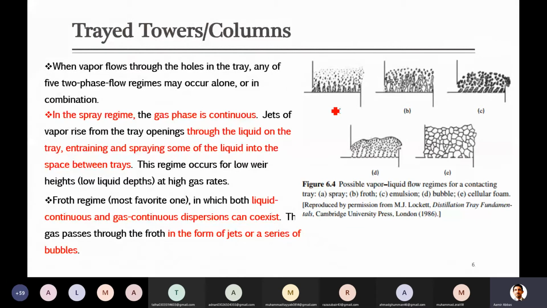In this case, gas passes through the froth, it makes froth, but it does not make gas showers or sprays. Yes, whenever vapor comes in contact with the liquid, there will be formation of froth, but it is not the formation of small droplets that are carried away with the vapor, as happens in the first case. In the second case, there will be agitation inside the liquid, but this agitation is for good mass transfer and not much carry away of liquid with the vapors.